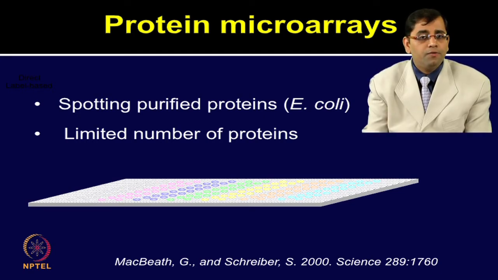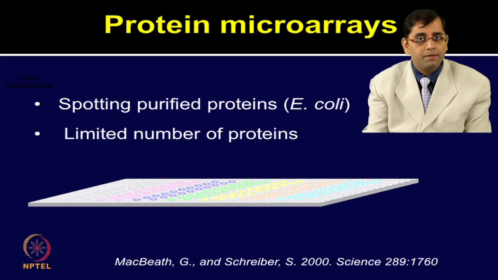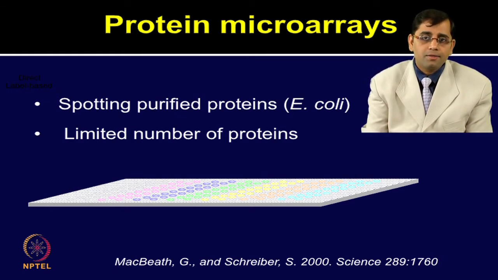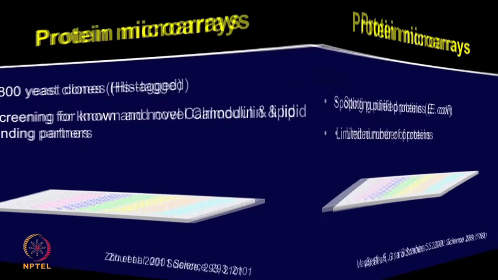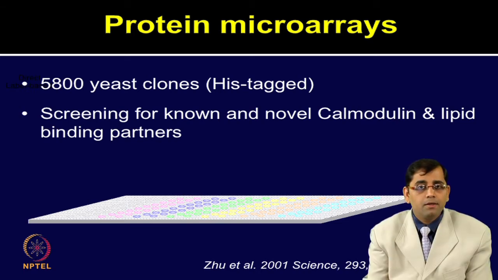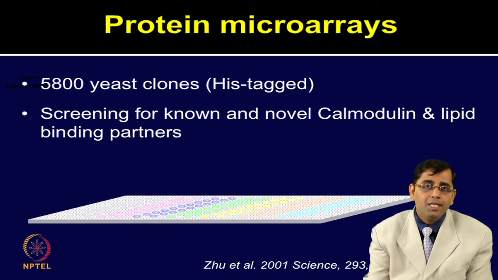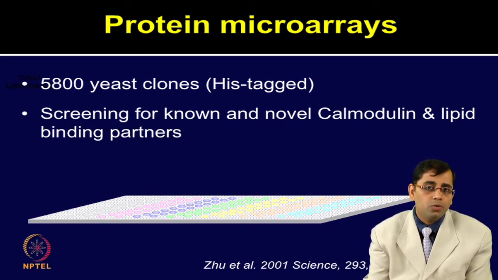The E. coli purified proteins were spotted on the chip surface, but very few proteins could be printed. Success of this study motivated other scientists to start duplicating the protein microarray success. Other groups, such as Mike Snyder's lab, started doing yeast proteome based investigation, and they used 5800 yeast clones